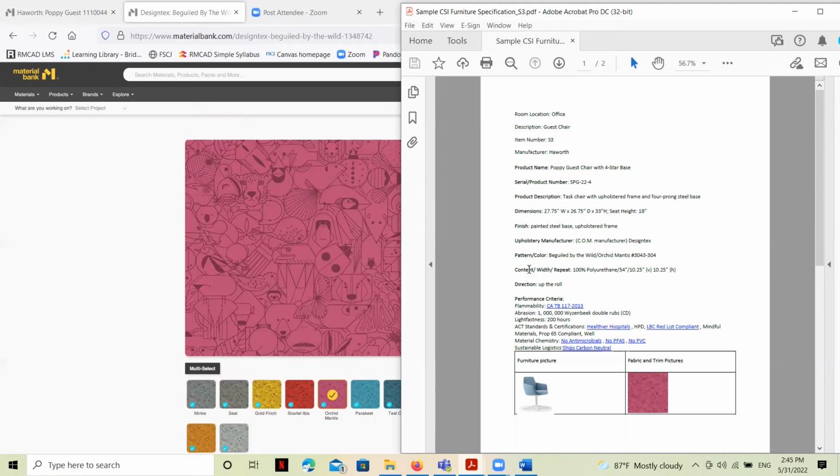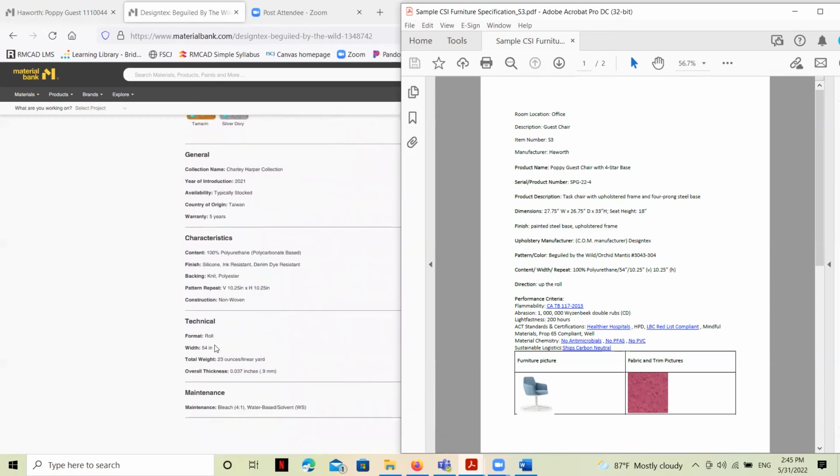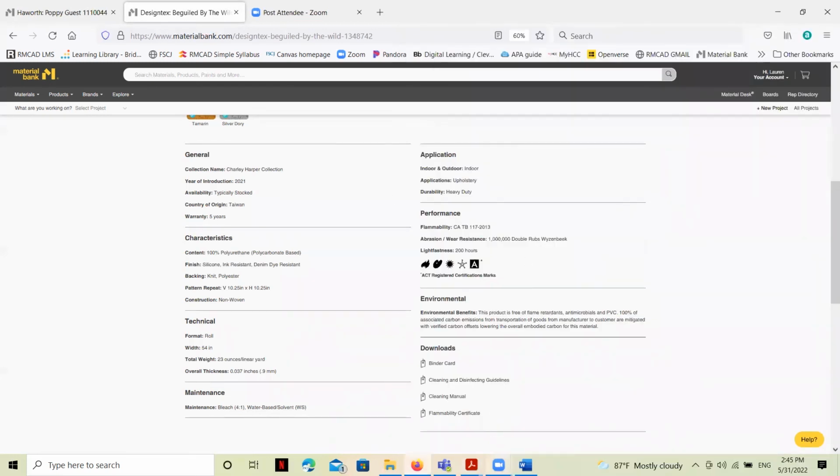You can see here there's information about the content, what's it made out of, how often does the pattern repeat, how wide is the bolt of fabric itself, and that information comes right here. We also have information about how it's going to be upholstered. So we're going to upholster this chair up the roll, or essentially how the upholstery would come if we rolled it from the roll onto the chair vertically, as opposed to turning the roll of fabric or railroading it by turning it 90 degrees. And so that's what we put there, direction.